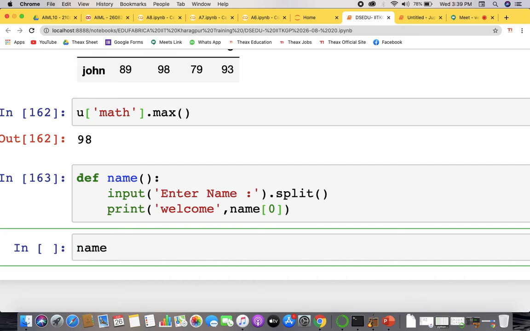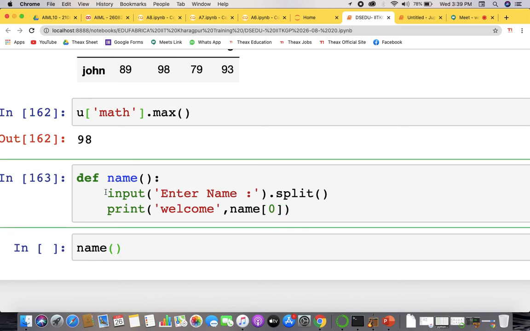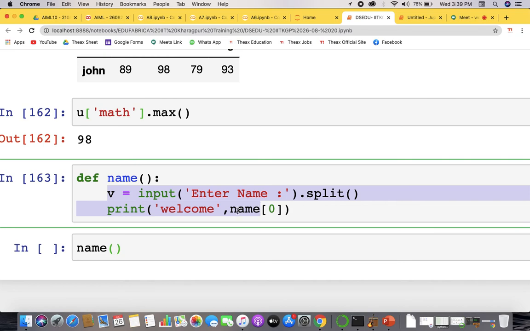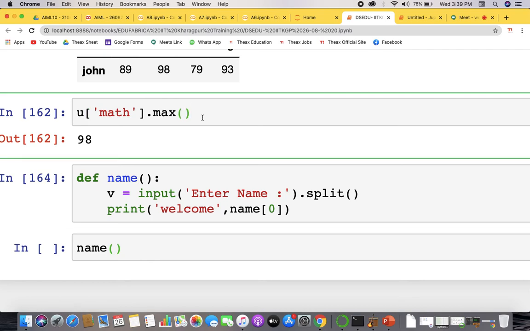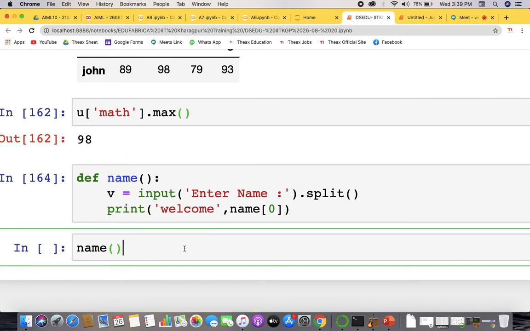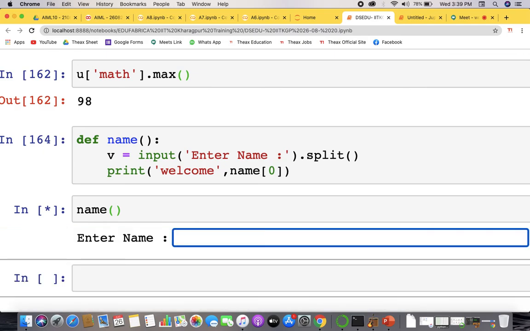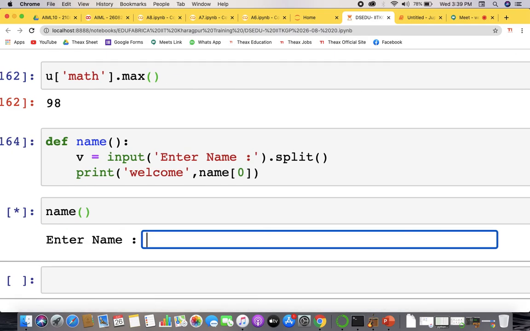So instead of writing up this input and storing it in some variable, and let's say this is v, instead of making it a variable there and writing 2 lines and making a project larger, when you work with a project you work with more of the functions so that your project could be just minimized, right? I'll make you see a project, how it is made up with the use of functions. So when you run this function name, this says to enter the name.